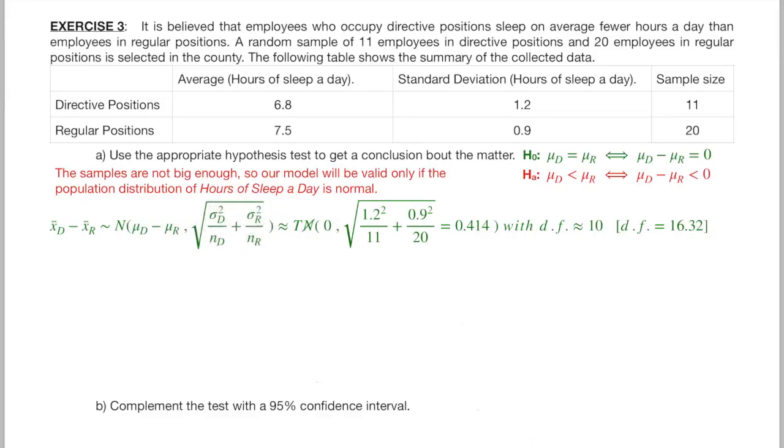This formula is easy to remember if you understand it in this way. This fraction is the variance of the distribution of this statistic. This other fraction is the variance of the distribution of this other statistic. And the variance of the difference between both statistics is the addition of their variances. The variance of the difference between two variables always equals the addition of their variances if the two variables are independent. To apply this mathematical model, we require the two samples to be independent. Here they are. In the next exercise, we will see what to do when they are not independent.